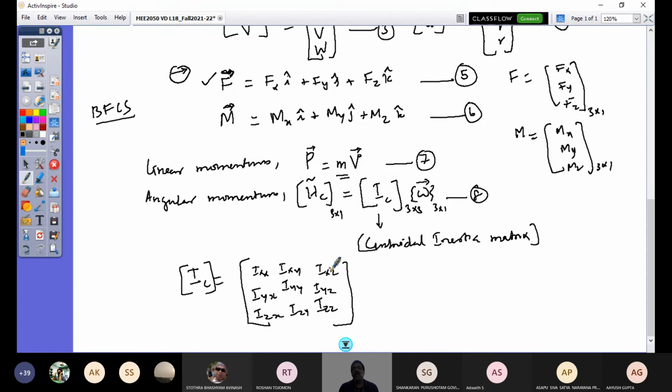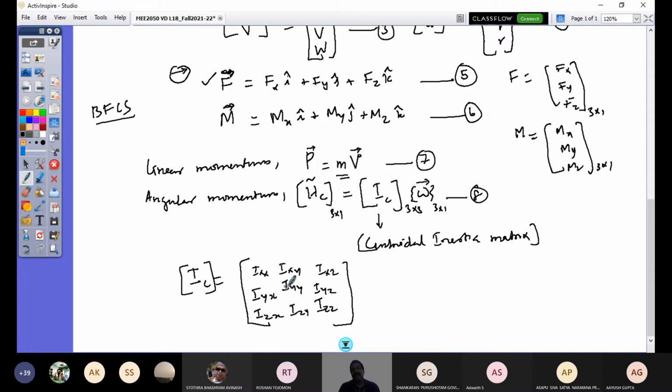If a rigid body is an arbitrary body, like some rock, which we look at in the motion of outer space, this is not applicable there. The rock is of irregular shape, there is no symmetry, and it is flying in space. Then you have all these 9 elements, and these will all be different. But if you look at any